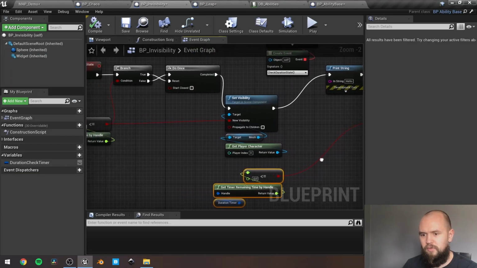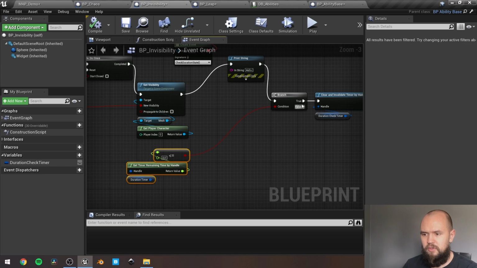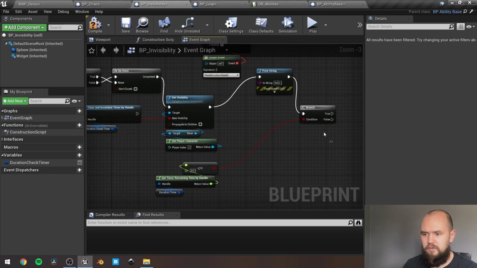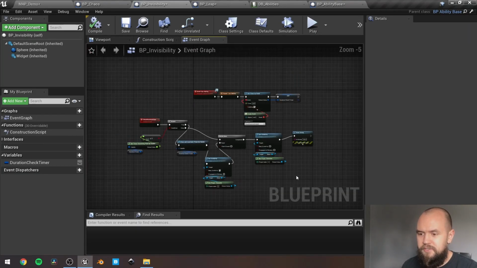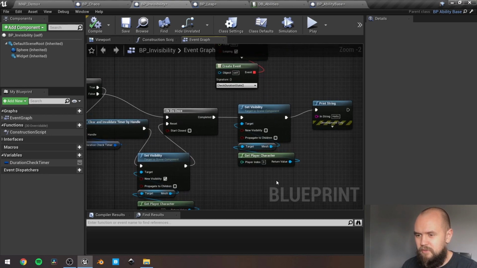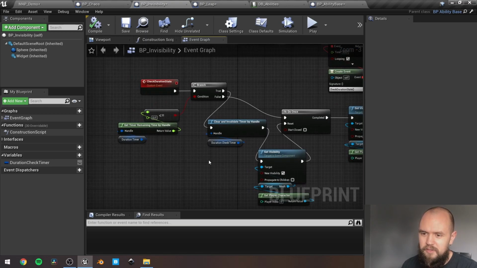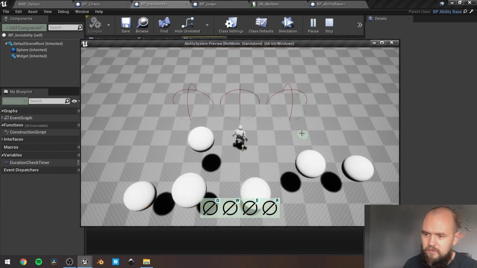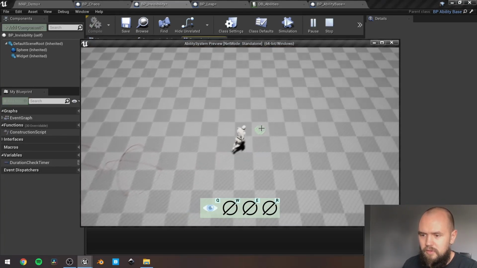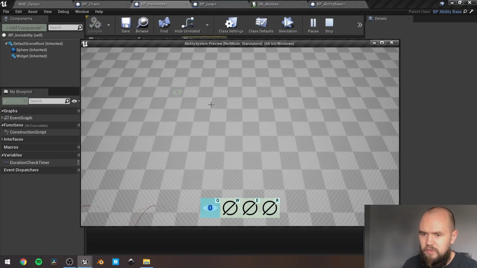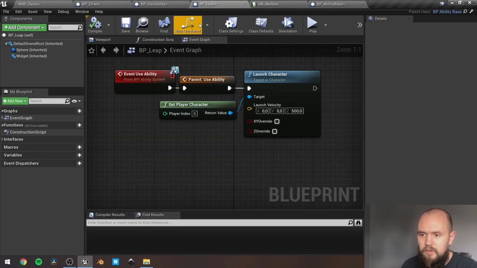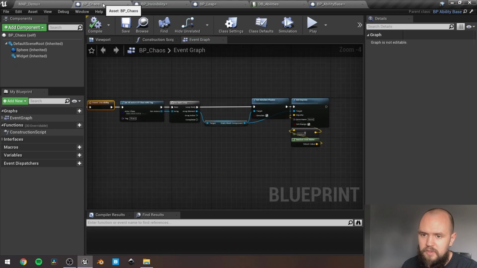Oh, this one should be made here. Sorry guys, as you understand, I'm too tired. So I've made the logic here to make it fire only once, and that's how it works now. For 3 seconds we are invisible, only one we fired, and then on the cooldown we are back to our visible state. So as I said, it's for the leap, it's for the invisibility,